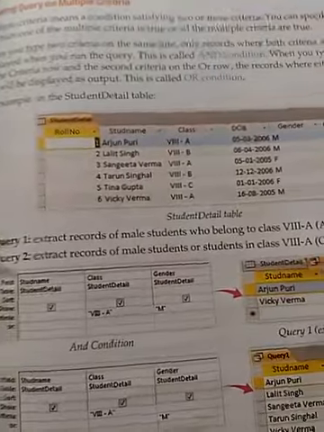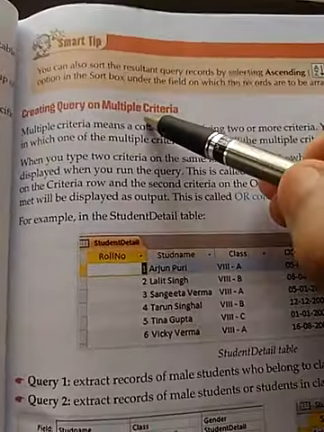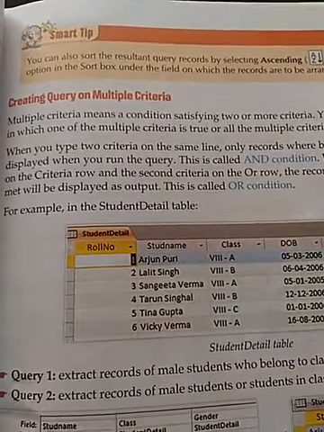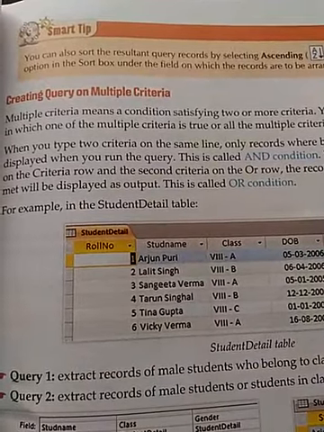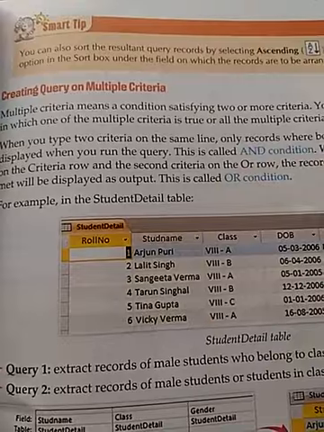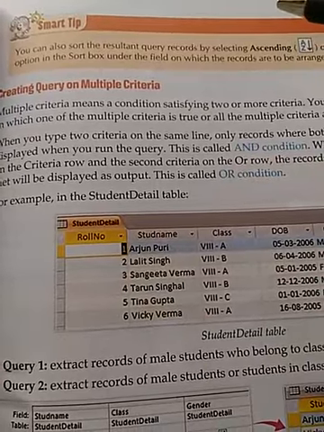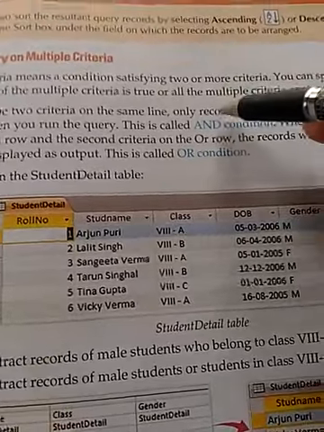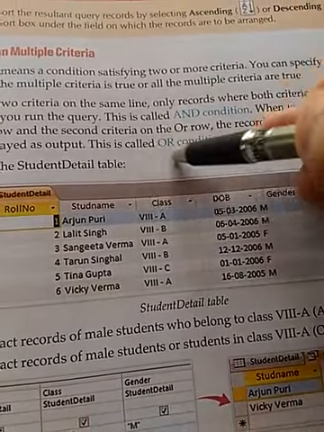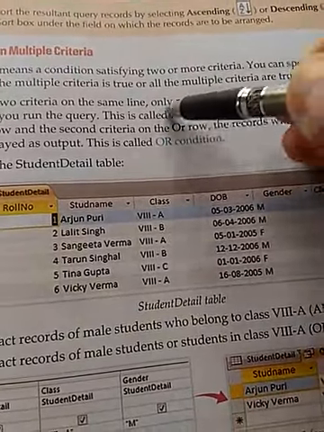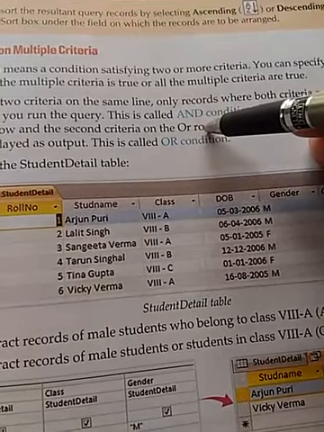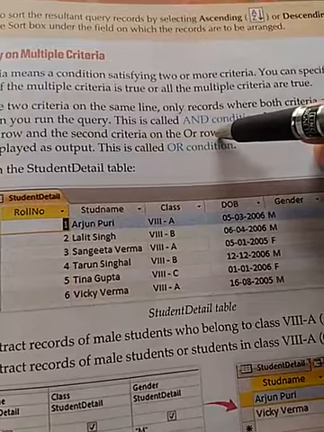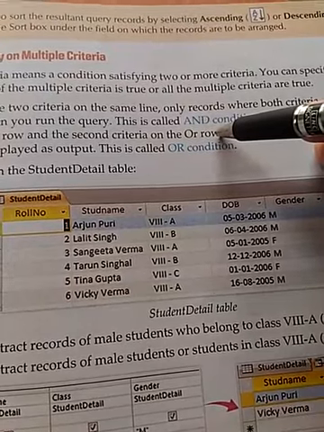Now we want to create a query by using multiple criteria. Criteria means condition. You can write the condition in the criteria area to sort and filter the query result. Multiple conditions can be joined with the help of the and or or operator. The and operator is used when we want to make all the conditions compulsory, means all the conditions have to be checked.